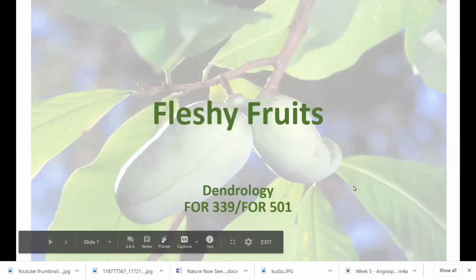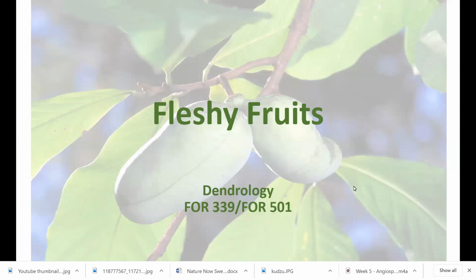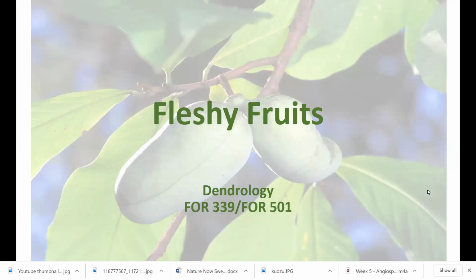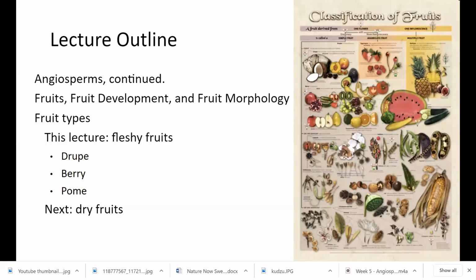Okay, we're going to continue with our lectures on angiosperms, and specifically today we're talking about fleshy fruits. So different fruit types, and our next lecture will be on dry fruits. So just a quick lecture outline here. There's a poster that shows a classification of fruits, and we'll talk about simple, aggregate, and multiple fruits also in